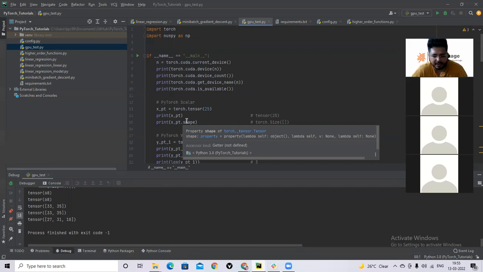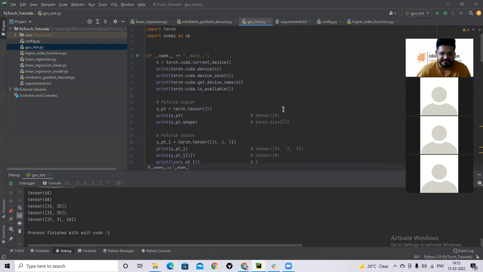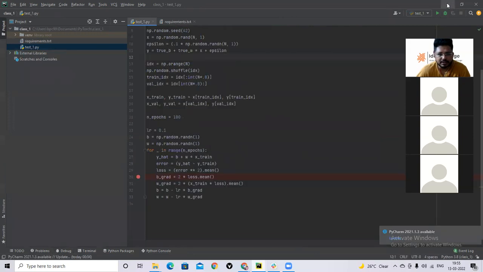That is why developers find it so easy to develop machine learning and deep learning models in PyTorch, because it is so close to Python. So that is the reason. Okay, so now this is done.